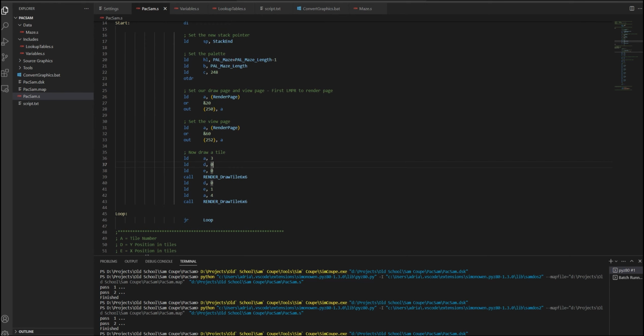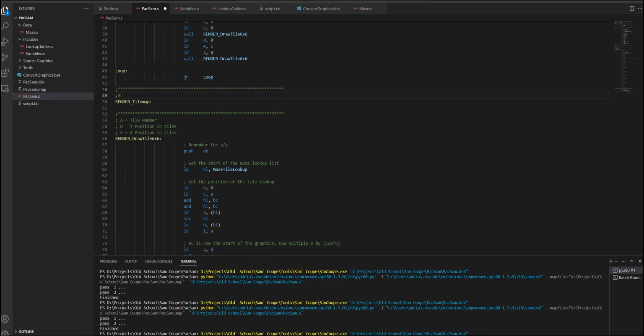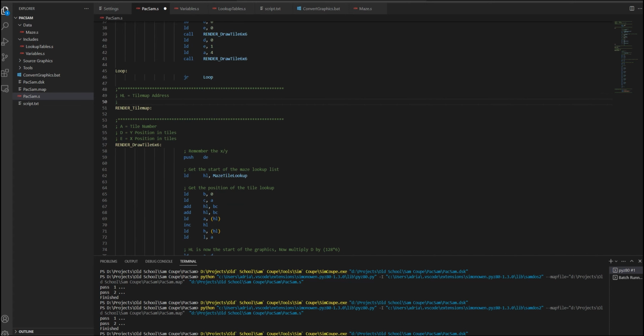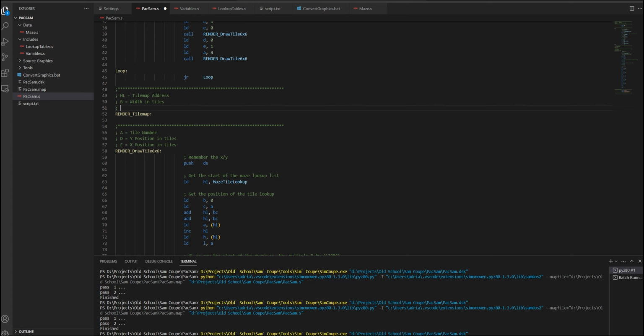Now what we can do is write a little function called render tile map. Pass in HL, tile map address, B equals width in tiles and C equals height in tiles,